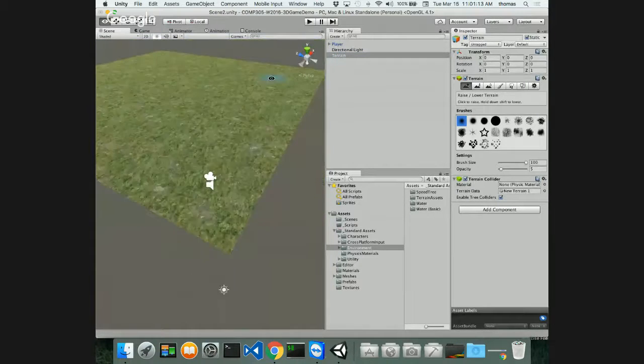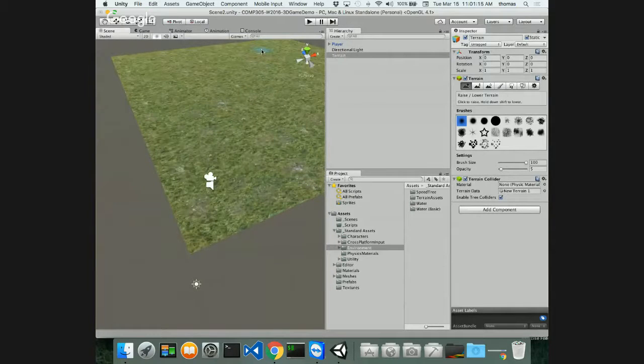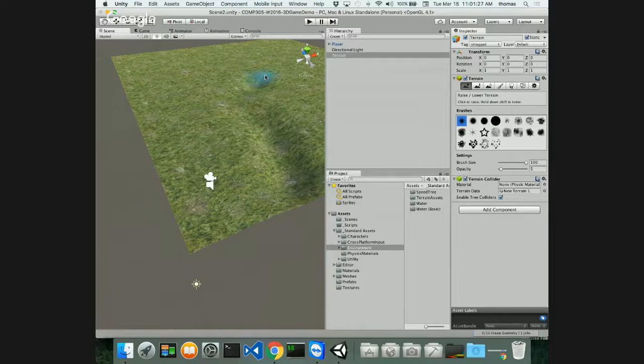Okay, I want to draw this river that goes from here, let's say, to there, right? So I'm going to press shift click, and I'm going to lower the terrain now to draw this depression slowly. I don't want to do too much because it'll look unnatural, right? But I want to draw this depression, there we go, really deep there, that's too deep,